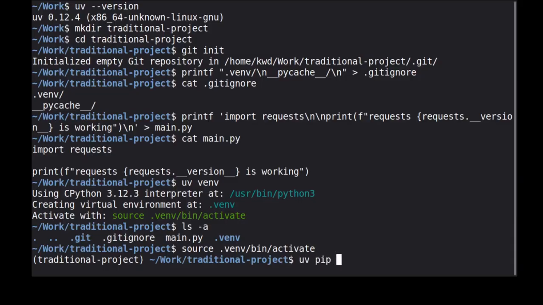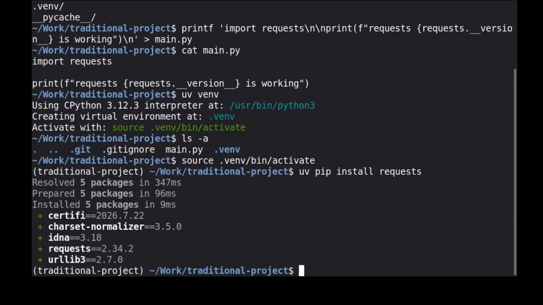Next, I'll run uv pip install requests. uv detects the activated environment, resolves requests and its transitive dependencies, and checks its shared cache before downloading anything it needs. It then installs the compatible packages into .venv. Because we are using the pip-compatible interface, this command changes the environment but does not create a lock file or